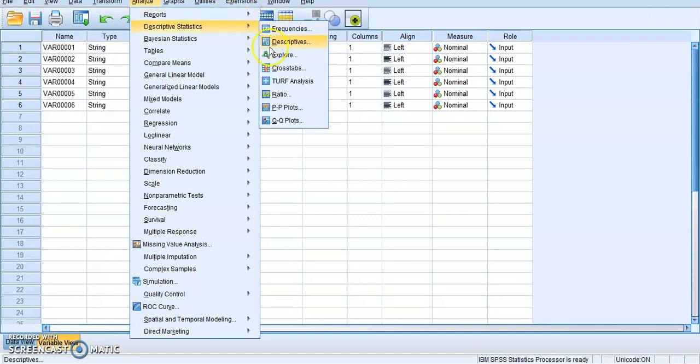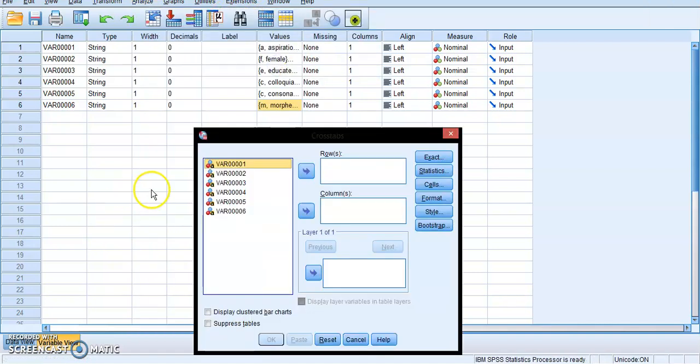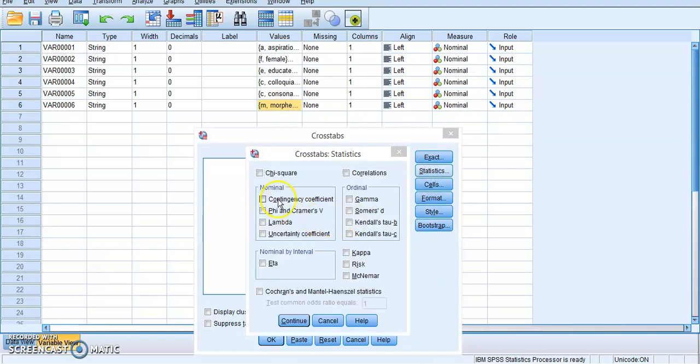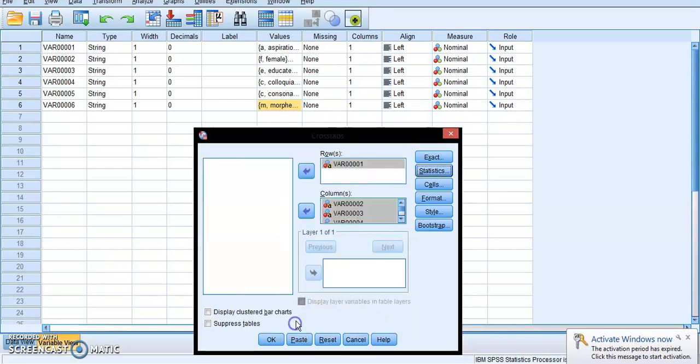So we go to Analyze, Descriptive Statistics, Crosstabs. And something I learned in the years after making the videos that you saw earlier is that you can just put the dependent variable here, and then you select all of the independent variables and put them here as the columns. You go to Statistics. Of course, you look for chi-square only. Continue, and then